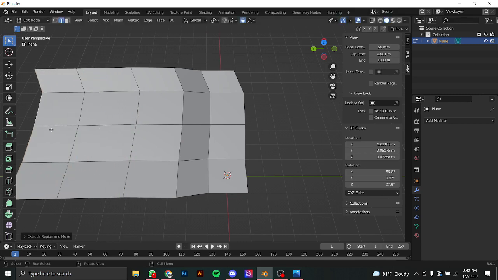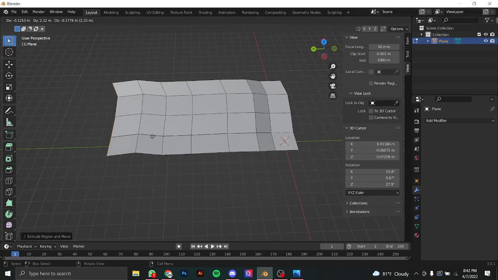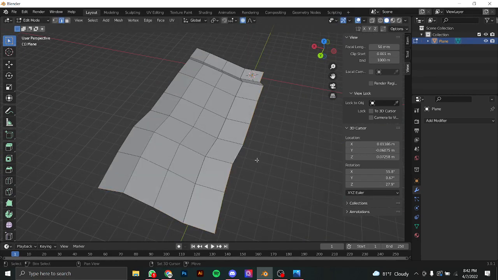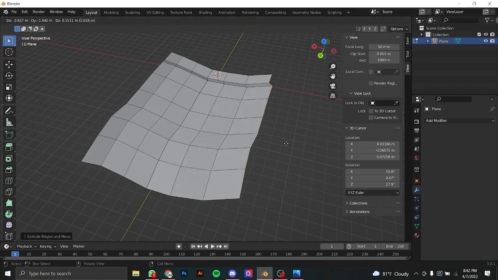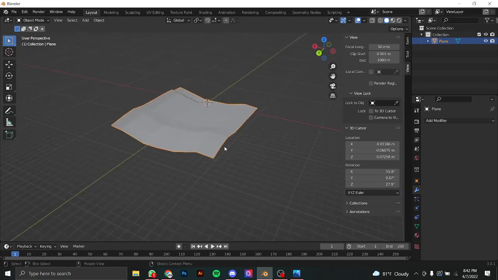You just keep extruding with E, right? So you do it until you get something cool. Usually a plane, it's easy enough. And after you get something,